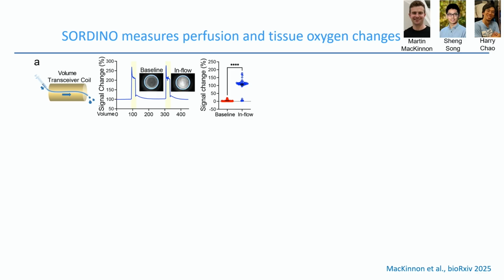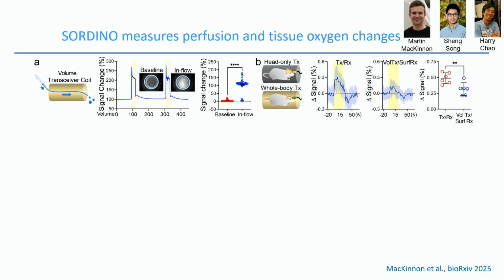So as they receive fewer RF pulses, they're not reaching a saturated steady state, so they carry a stronger signal. We know that when you use a head-only transceiver coil, this will give you some inflow elements. This can be seen by comparing an fMRI response from a single subject using two coil excitation schemes, head-only excitation coil versus whole-body excitation coil. And indeed, as we modeled, and the detail can be seen in this bioRxiv preprint that we put up